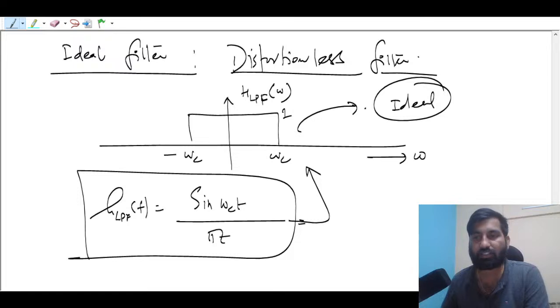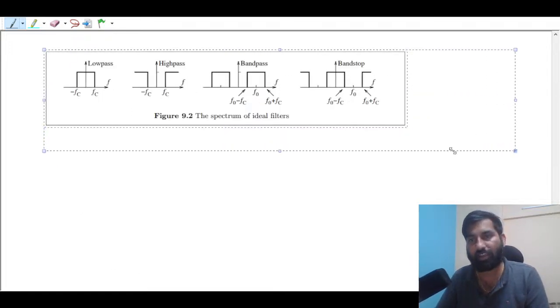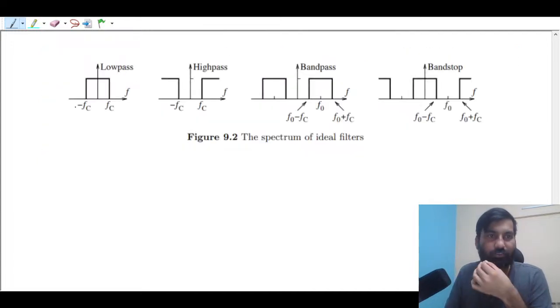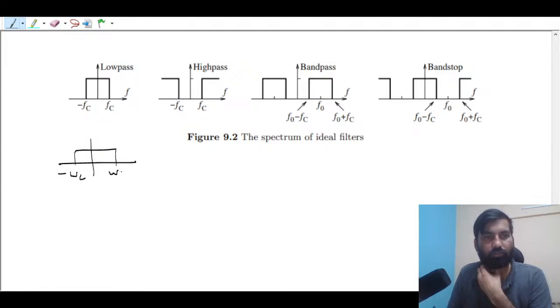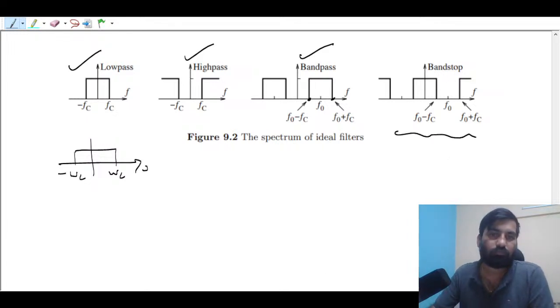The spectrum of the ideal filters they have given in f form, you can convert into omega just by multiplying 2 pi. If you want to write it like this, this is minus omega c and this is omega c, where omega c is 2 pi f. Low pass, high pass, it does not pass low frequencies, band pass, so in this, okay, and this is called band stop, right? Band stop, okay,